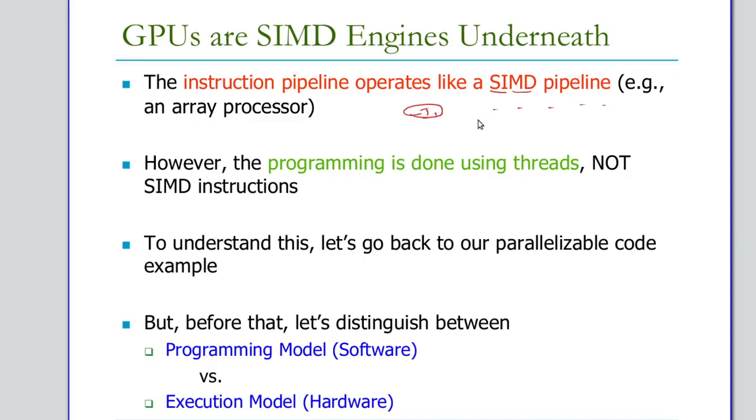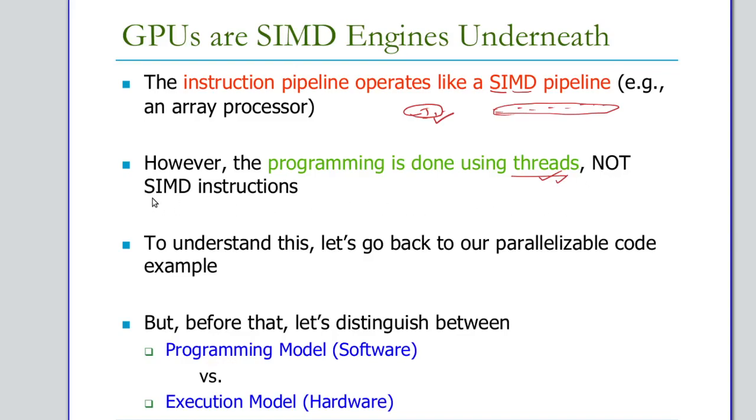Now, in place of just one instruction executing on different data, what we are trying to understand is how we can use threads. In place of one instruction being executed on different data, now we are trying to execute with threads. So in GPUs, basically, what we have to understand is we will use threads. Using these threads, one thread is executing on one data.